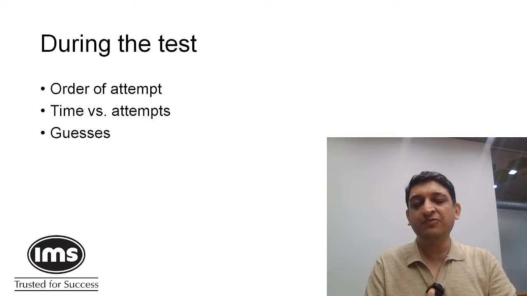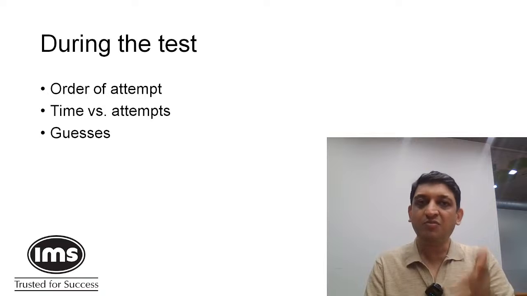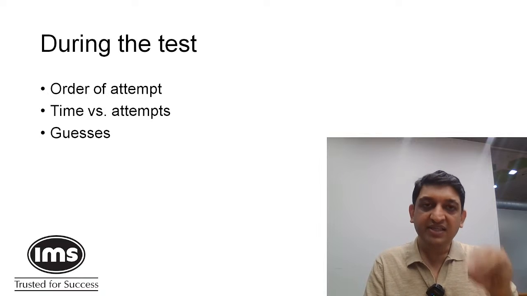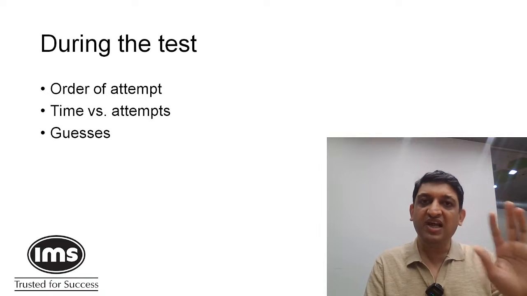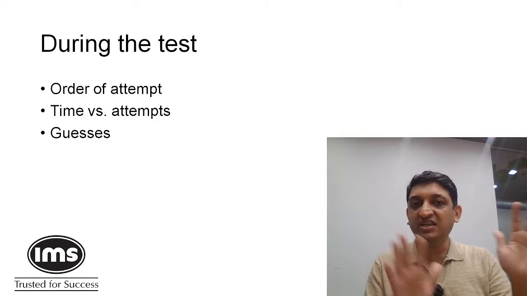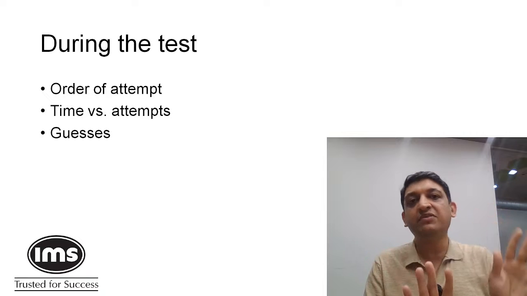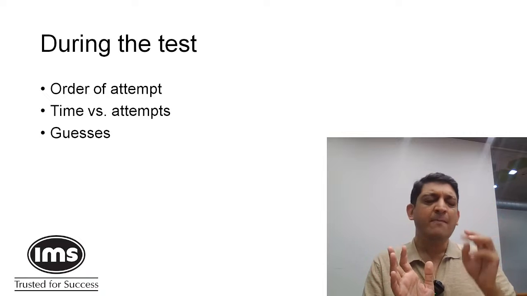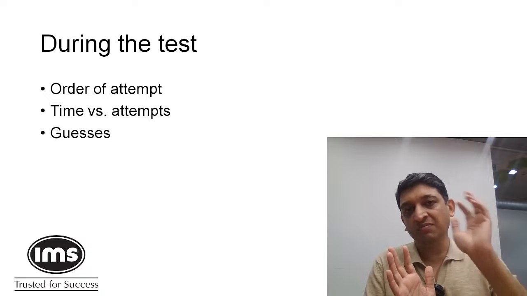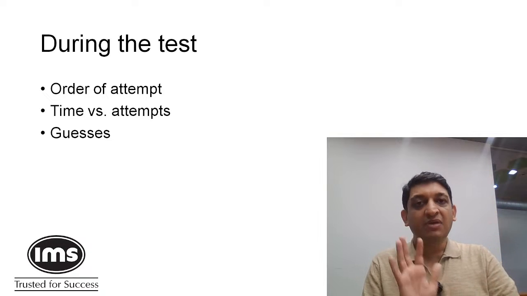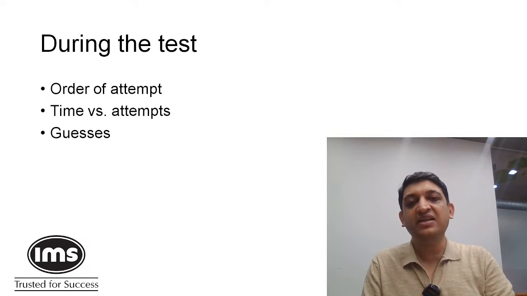Now obviously there might be some questions you might want to visit in round 2. For those questions you need not guess. उसको बाद में आके guess कर लेना. But when there are 5 minutes remaining, make sure that you know how many questions you have not attempted yet. Practically 5 minutes के अंदर you will not be able to attempt more than 7 or 8 questions if you think about it practically. ठीक है? Maximum of 10 questions कर सकते हो अगर verbal है या वो क्या है या कुछ. ठीक है? But not more than 10 questions can be attempted in 5 minutes.